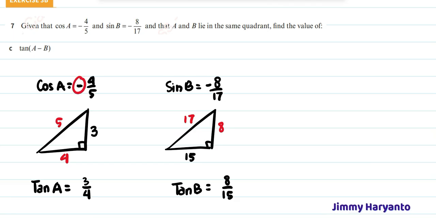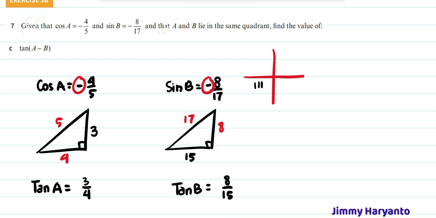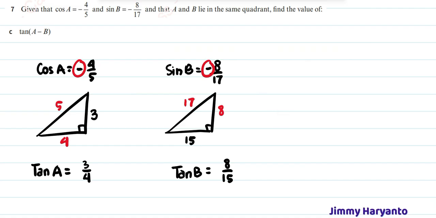Okay, let's take a look at this. The value of the cos is negative and the value of the sine is negative. That means you have to find the quadrant for which the value of the cos and sine is negative. I can assume that the quadrant will be the third, because in the third the value of the sine will be negative, the value of the cos will be negative also. So the angle is in the third quadrant for both A and B. That means the value of the tangent will be positive.